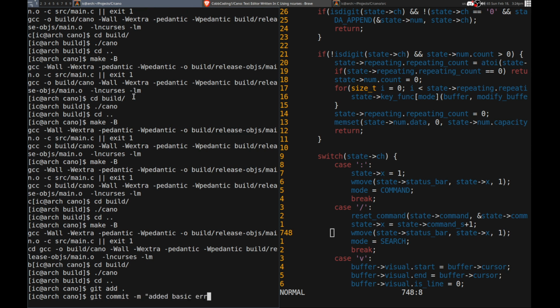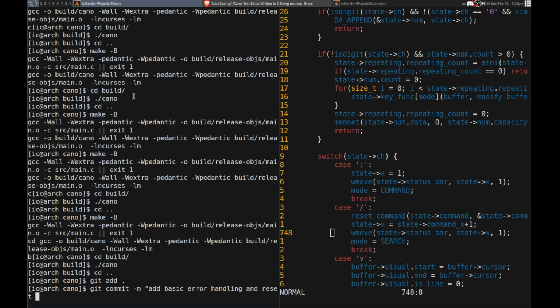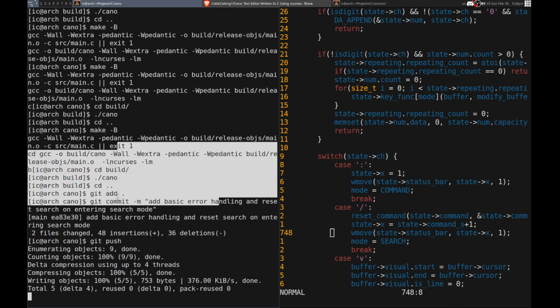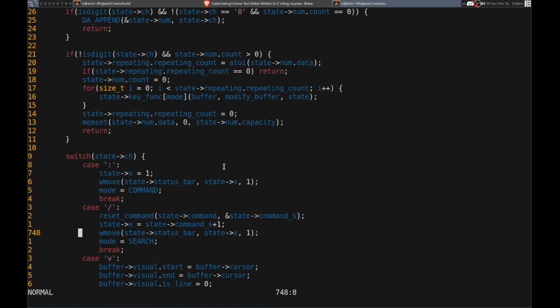Add basic error handling. Add basic error handling. And set search on entering search. Okay, that was kind of a weird way to put that, but okay. So,